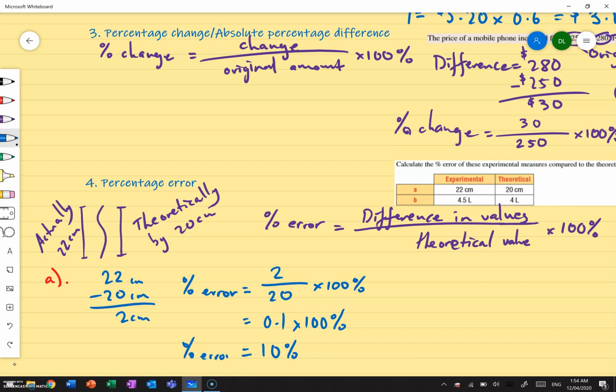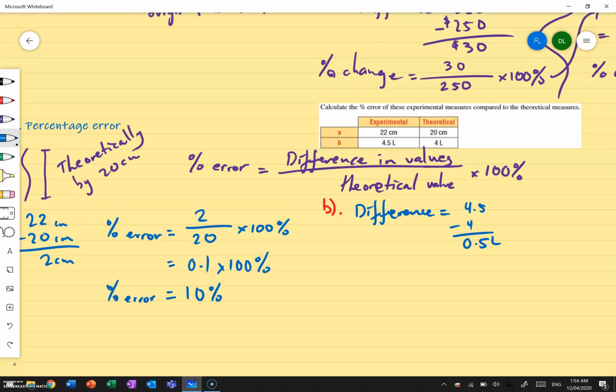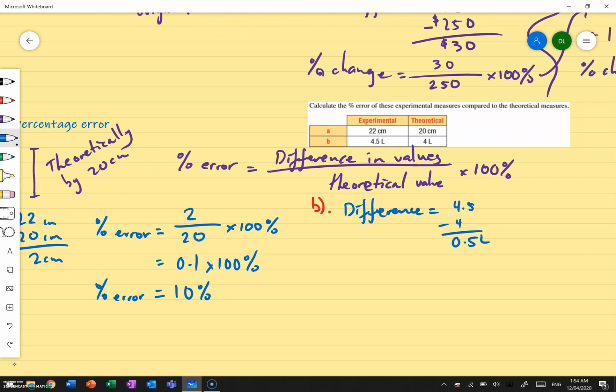I've solved my question. Let's try and do the second one. So, over here, I look at, well, what's my difference, right? So my difference in values is 4.5 liters, my experimental, minus 4, which is my theoretical, and that gives 0.5 liters. That's my difference. My theoretical value is 4. So let's use this formula. I say my percentage